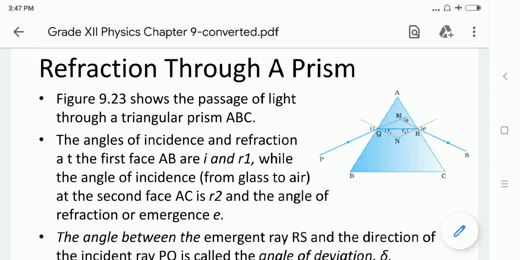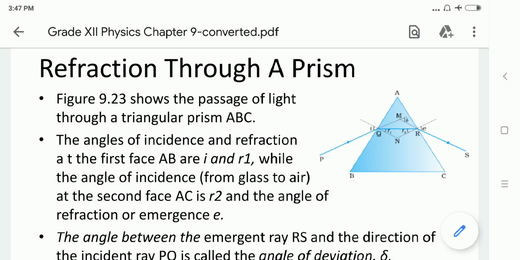From the air-glass interface, light moves inside the prism. The refraction process takes place and the ray passes into the prism at the refraction angle R1. So the incident angle I and the refracted angle R1 are on the side AB. Inside the prism, the light ray passes through and comes across the other side of the prism, that is AC. From the AC face, light again moves out of the prism towards the air.